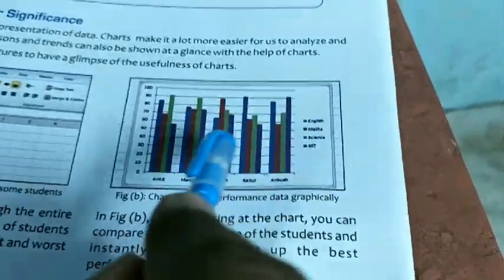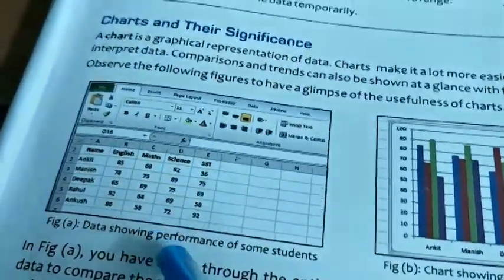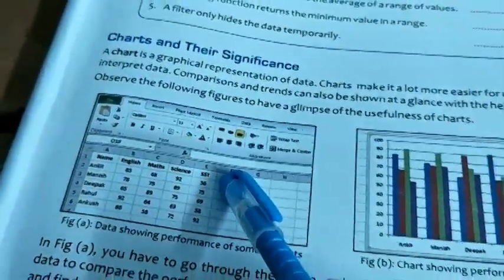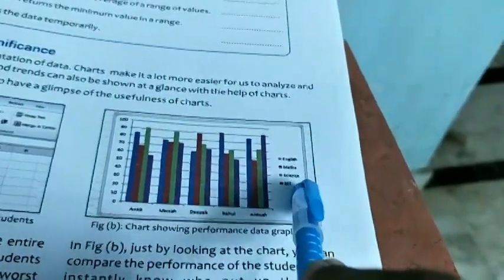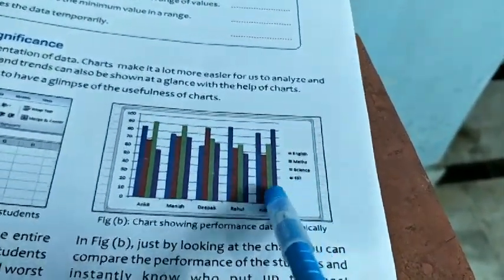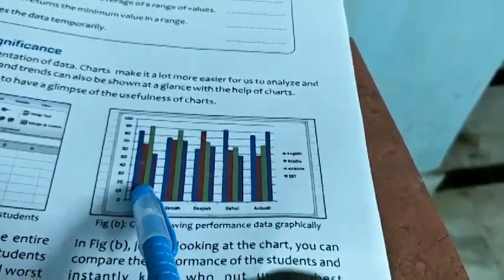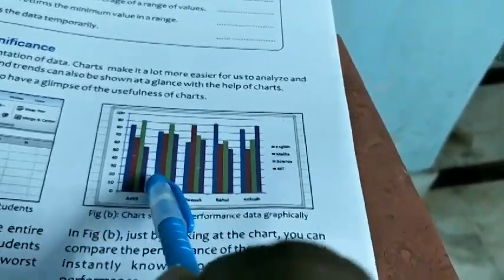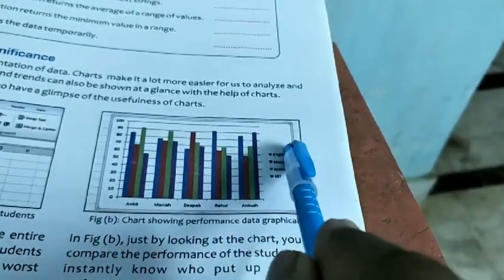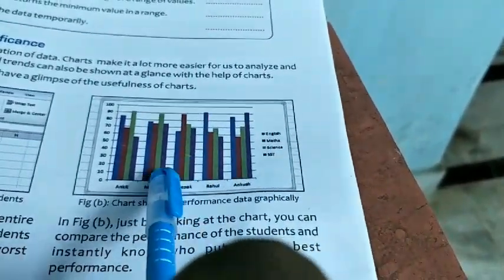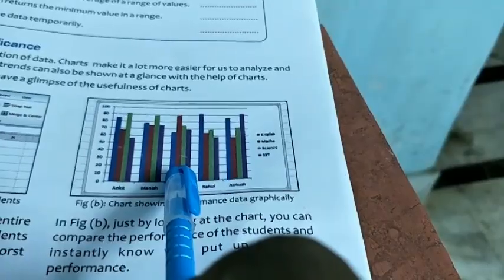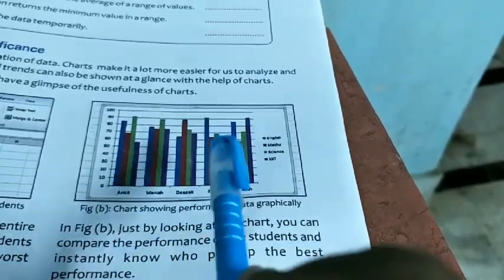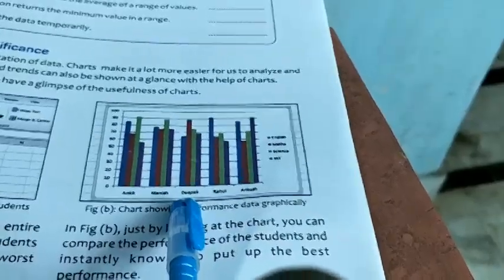okay? So if you want to see who got the highest marks in SST and who got the lowest marks in English, then you have to see one by one each record, okay? But here just see what is the color of the SST. You can see the color of the SST is purple. Now look, the height of this bar is very low, so Ankit got the lowest mark in SST. And look, English, the color of the English bar is blue. You can easily understand and analyze this one has the lowest height of the bar, means Deepak got the lowest marks in English, okay?